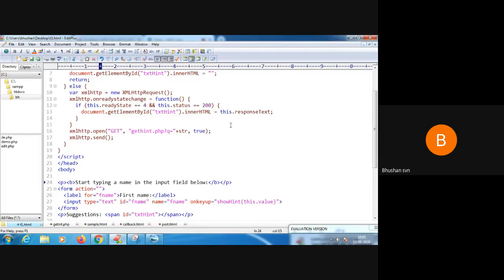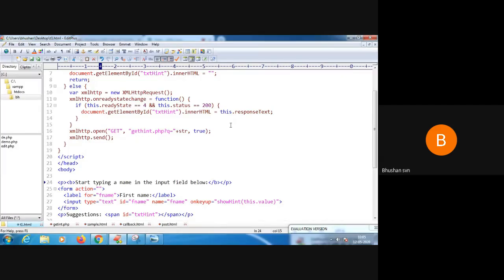First time when I am entering a, that will be request 1. It gives suggestions. Again I am entering an, that is a second request. Again it gives suggestions. I can enter again A and B, that is the third request. So simultaneously, dynamically, I am entering the request.